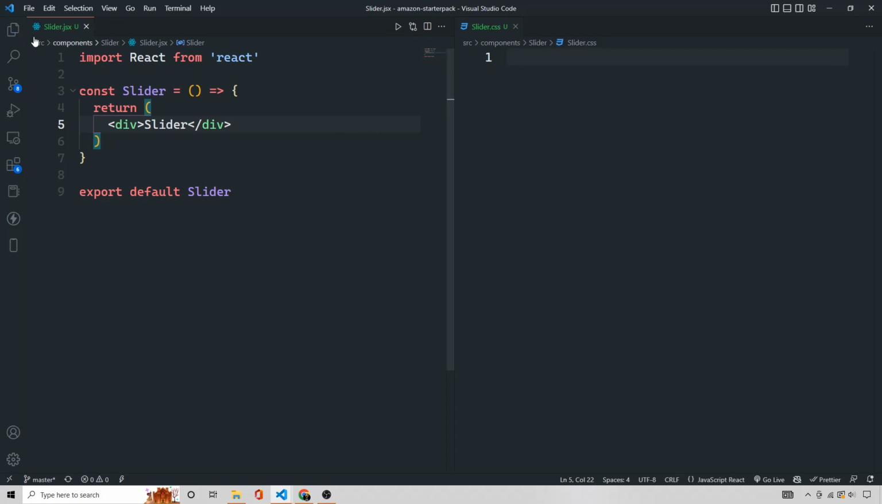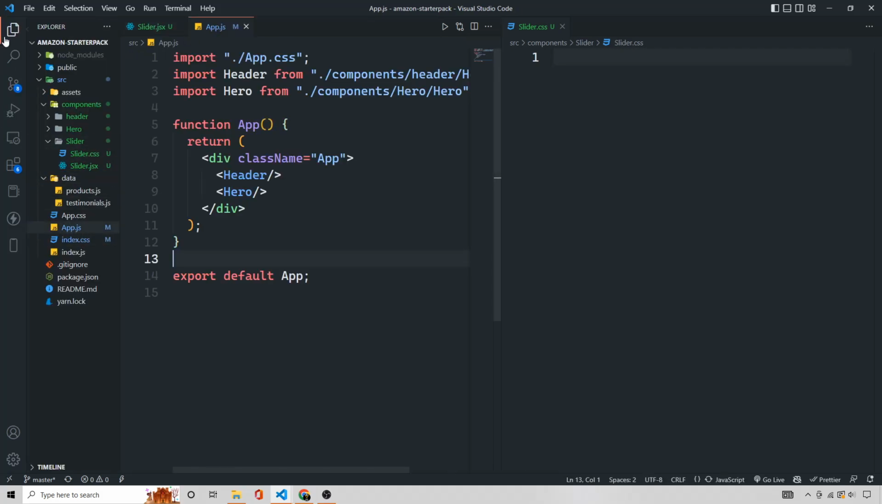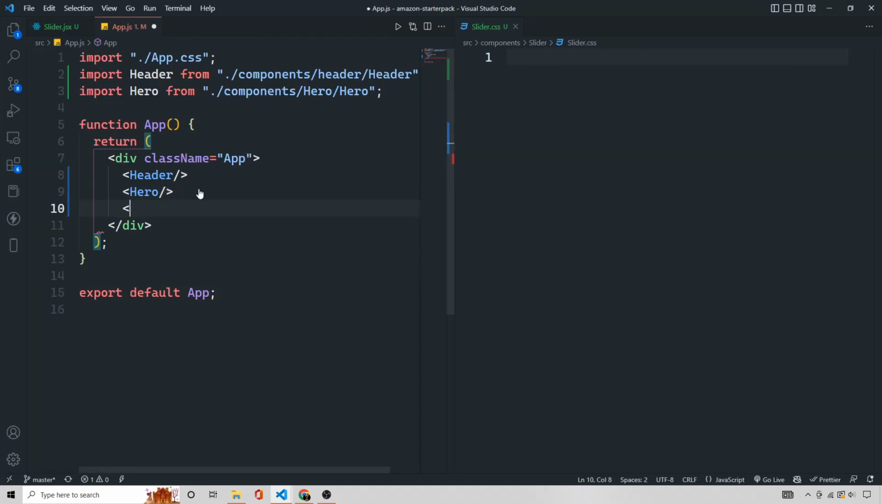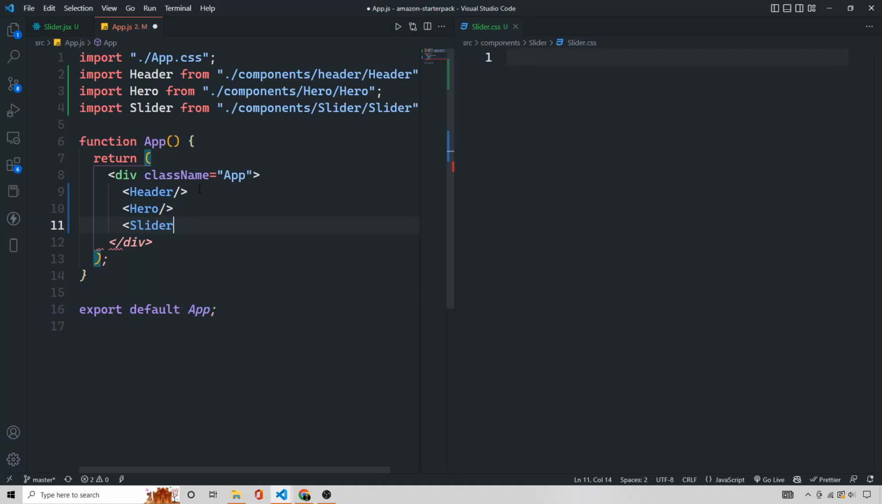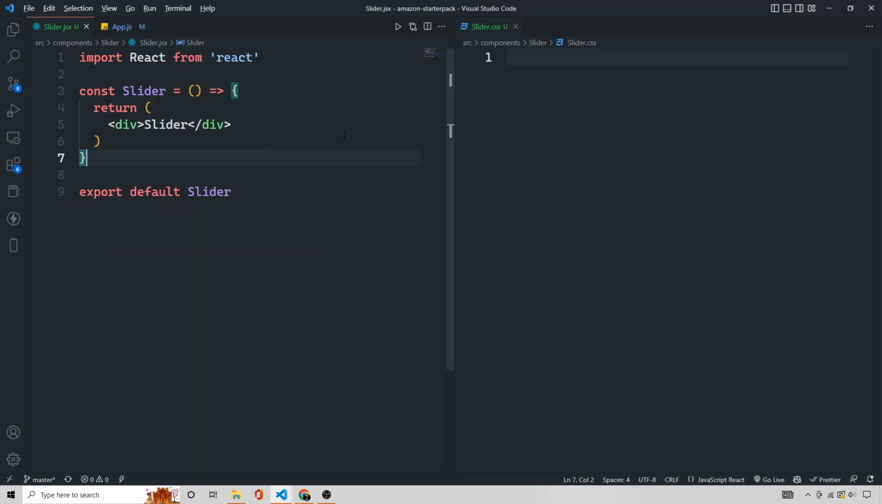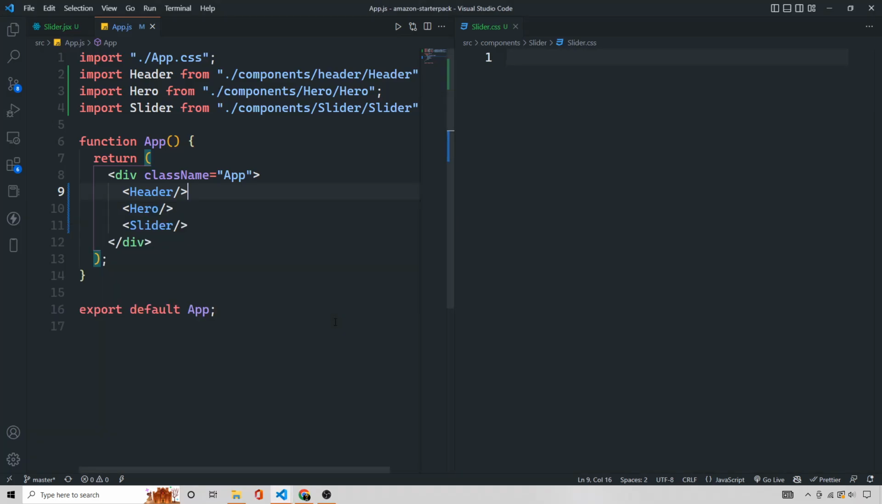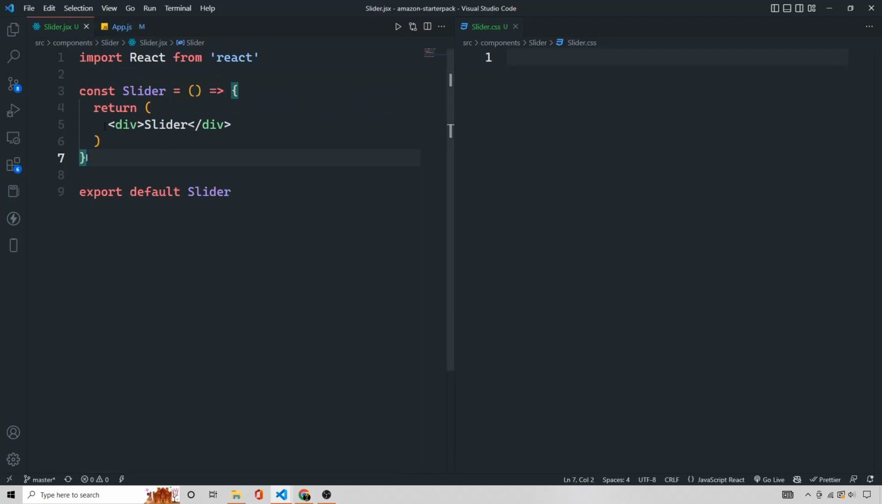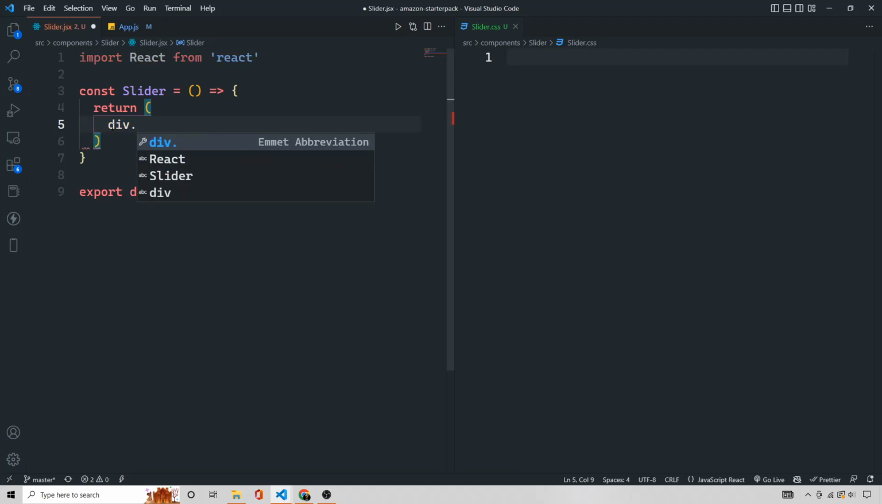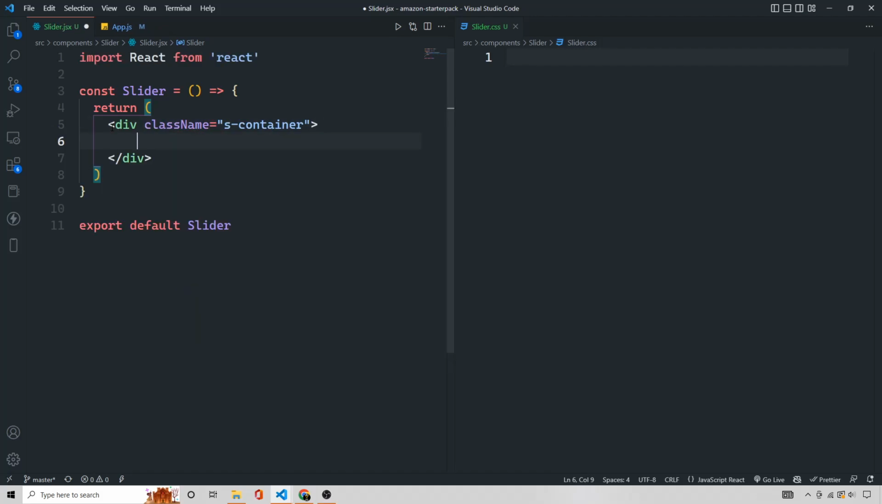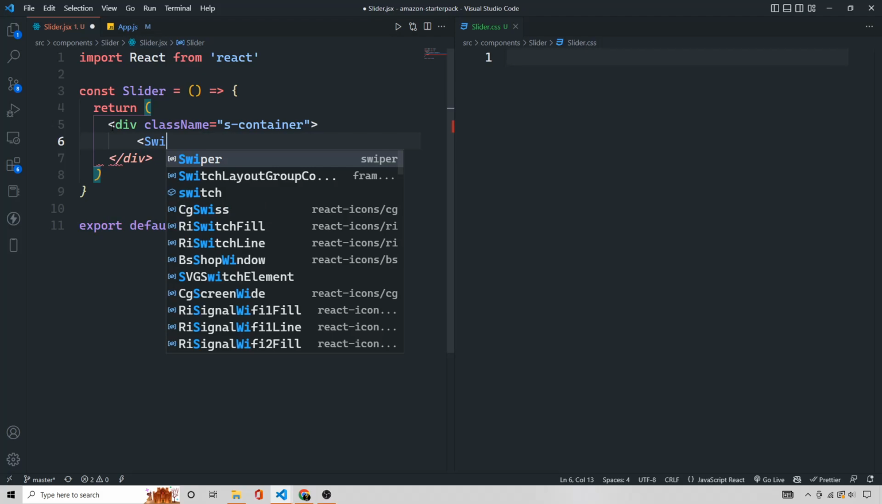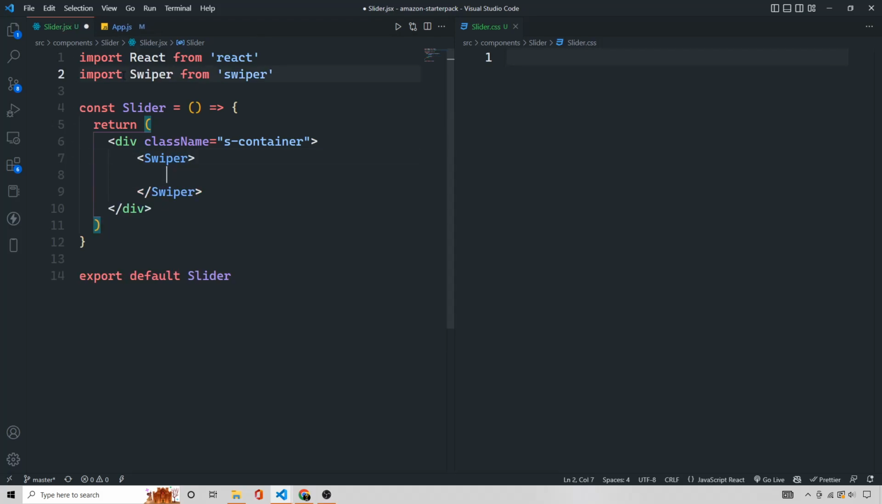Okay, and then let's save this, and inside my app.js I am going to put this slider just below the hero section. Let's save this and have a look. Here you can see the slider text is just below our hero component, so it is imported successfully. After this I'm removing this default text of slider, and making a div with the class name s container, the slider container, and inside this one I'm going to import the Swiper from our swiper library